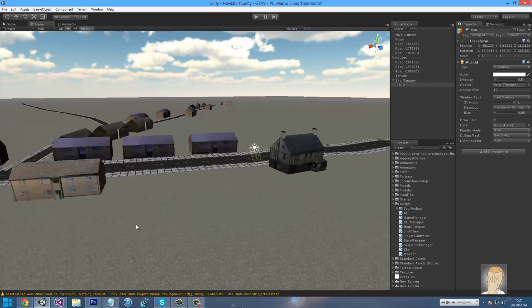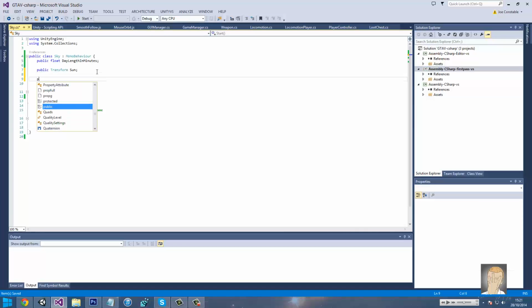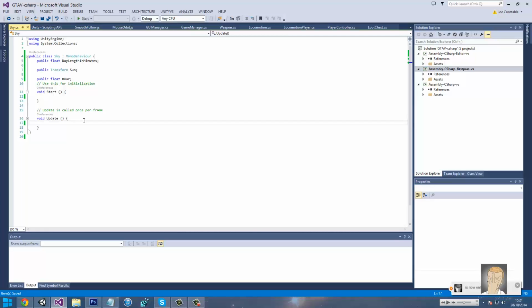So now we need a time variable, so public float hour. And then we need to go in Update. We're going to make a variable inside of the method. There's a name for it, and I can't remember it. Of type float,